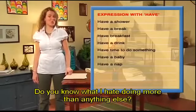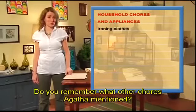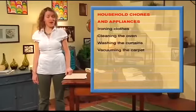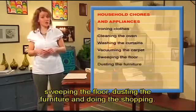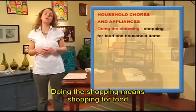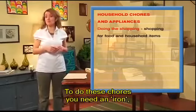Do you know what I hate doing more than anything else? Ironing clothes. It is such a boring chore. Do you remember what other chores Agatha mentioned? Cleaning the oven, washing the curtains, vacuuming the carpet. And then Victor mentioned sweeping the floor, dusting the furniture, and doing the shopping. No, not the fun kind of shopping. Doing the shopping means shopping for food and household items. It's so boring. To do these chores, you need an iron